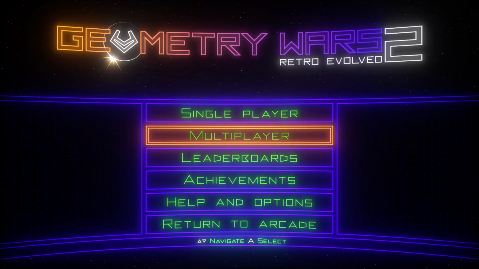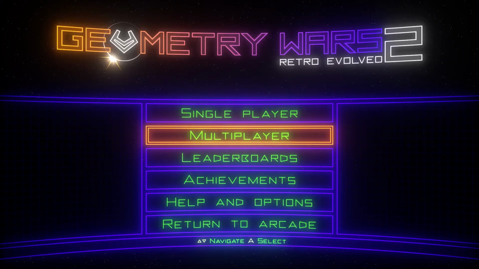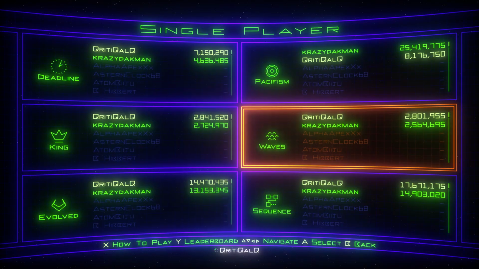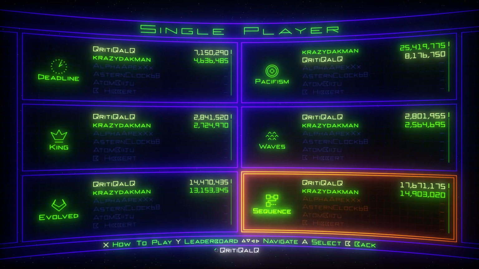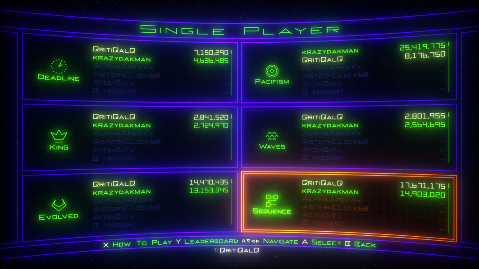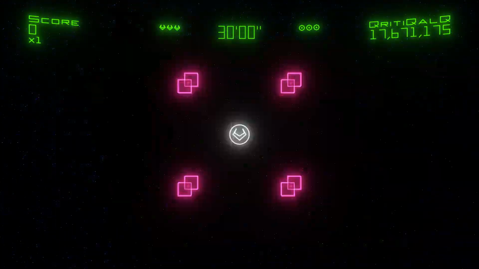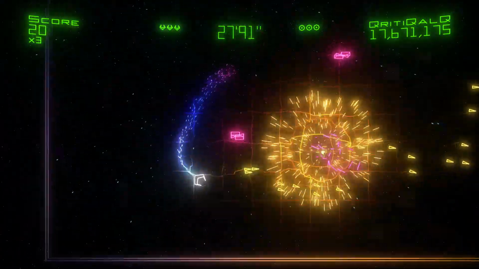Well, the difference is on this one they've added multiplayer, and the multiplayer is pretty good because up to 4 players can play this together. Single player, you've got all these modes to go through, and what I'm going to do is quickly show you Sequence. Sequence is an interesting mode where you are basically playing